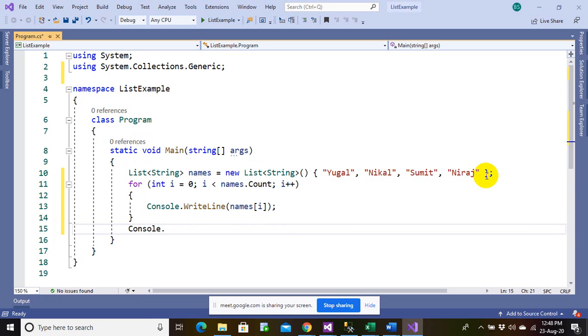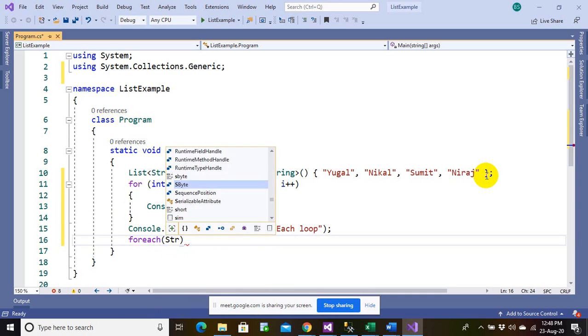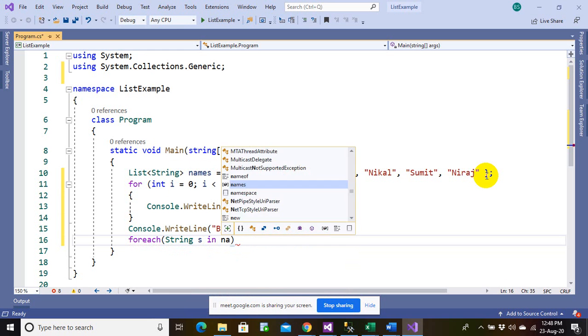So let me just say, by using foreach loop, foreach string s in names.